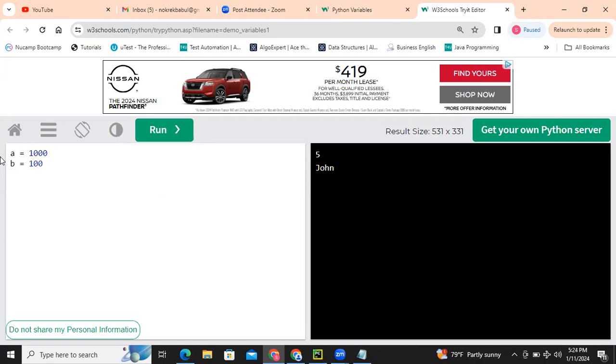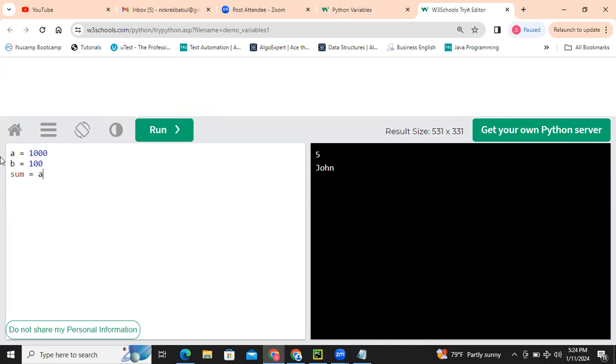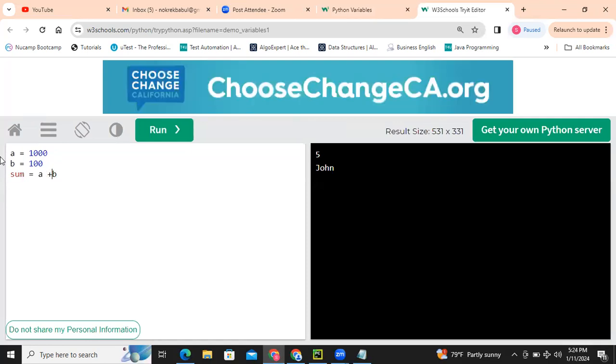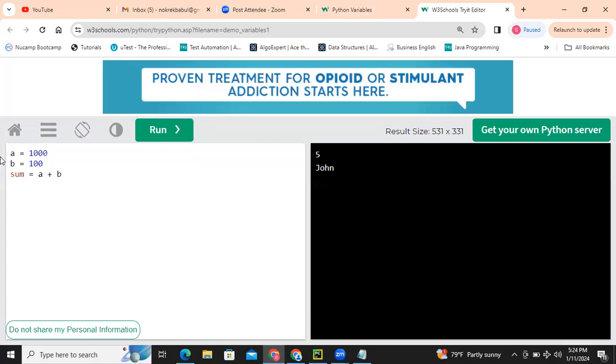Like b is 100, we can say sum equal to a plus b, but we can put a space or keep it like that.